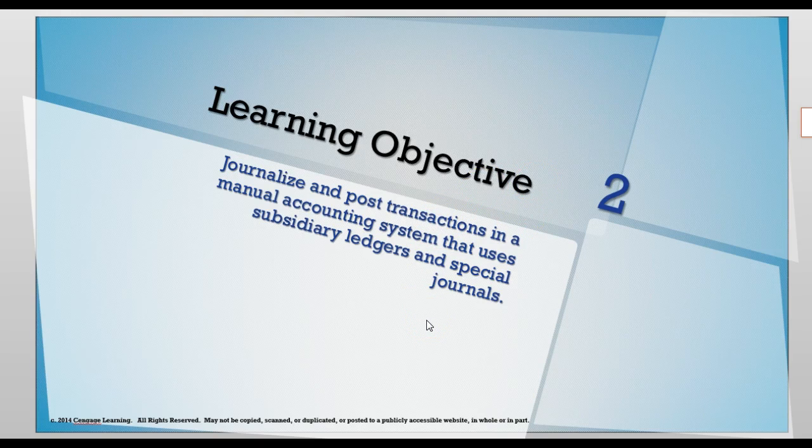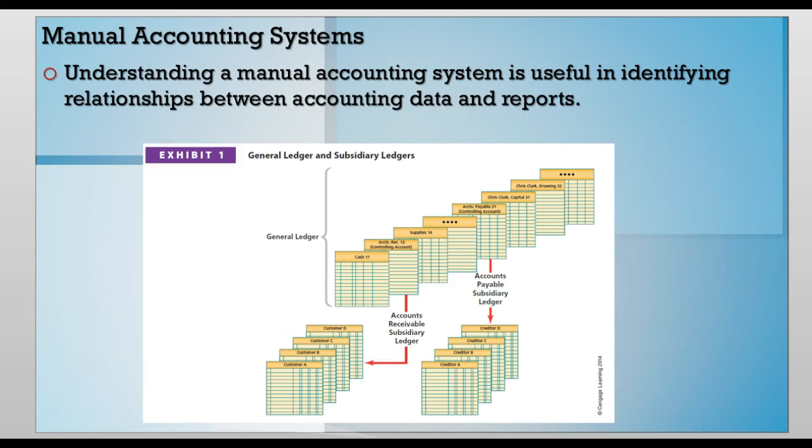We are going to look at the manual accounting system process that uses subsidiary ledgers and special journals. Let's overview. The general ledger, that's the backbone of your system. It has all your accounts and all the totals for your financial activity for the company. You have two subsidiary